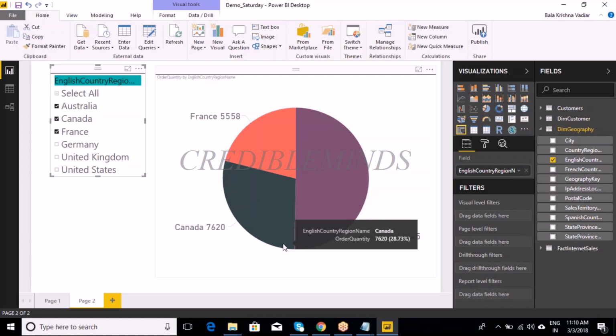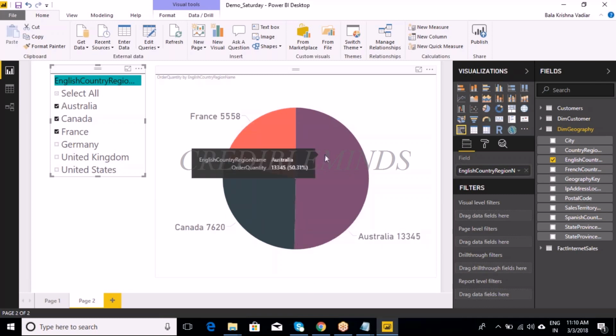Then how? Where is it showing the data? Whatever is showing here, the numbers, the France, Canada and Australia data, the first time it will connect to the data source, pull the data, and store it within the RAM, within the memory, wherever you have installed Power BI Desktop or whichever server you are using. Within that server, it will be stored in memory.